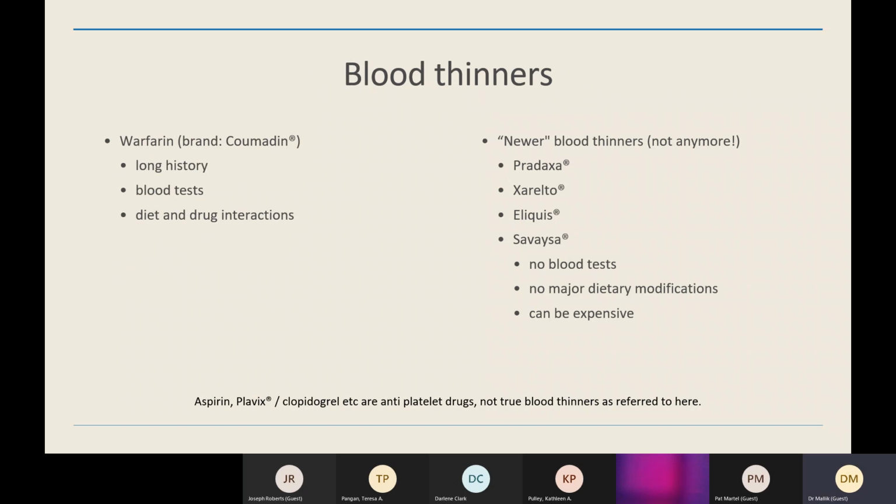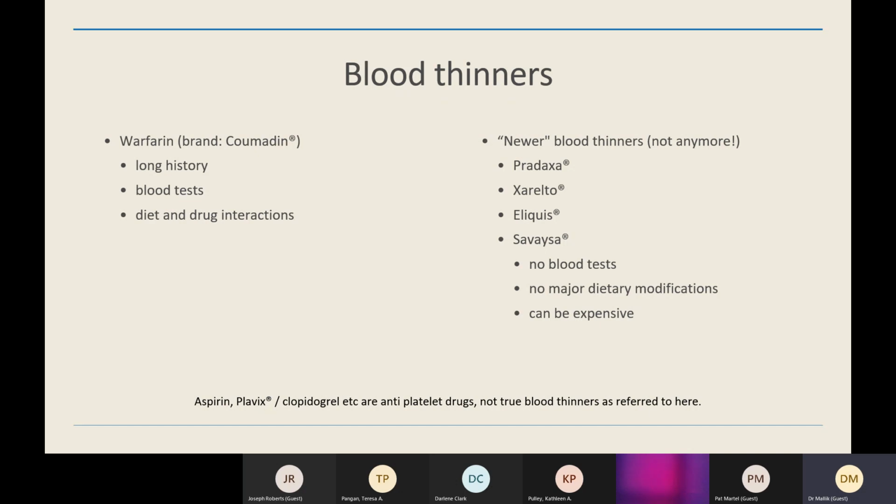The drawback of warfarin is you need to have blood tested on a reasonably regular interval. In the beginning, when we start someone on warfarin, blood tests are done about once every week. And then once a stable dose is discovered, it's done usually once a month or so. Warfarin does interact with some food items and medications, so people have to be careful about what they eat, and when they're prescribed any new medications, that sometimes can affect the warfarin level.